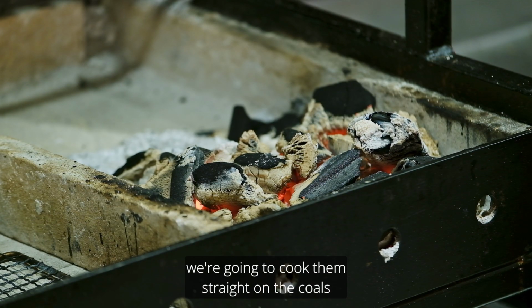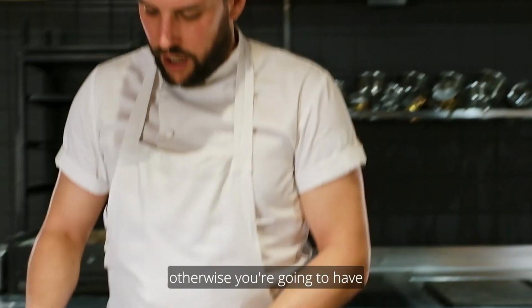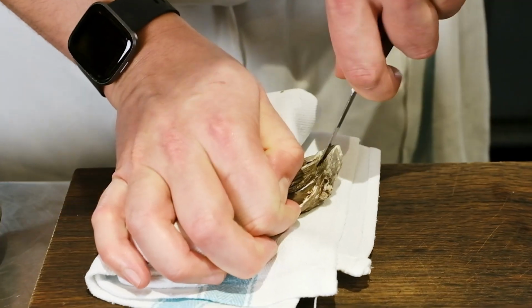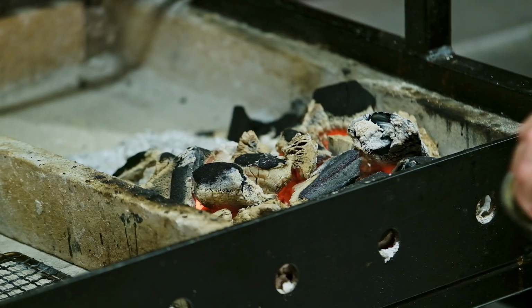For the oysters, we're going to cook them straight on the coals. But first of all, you need to release the hinge. Otherwise, you're going to have exploding oysters. So just pop it in just until it pops like that. That's all you need to do. Straight away,